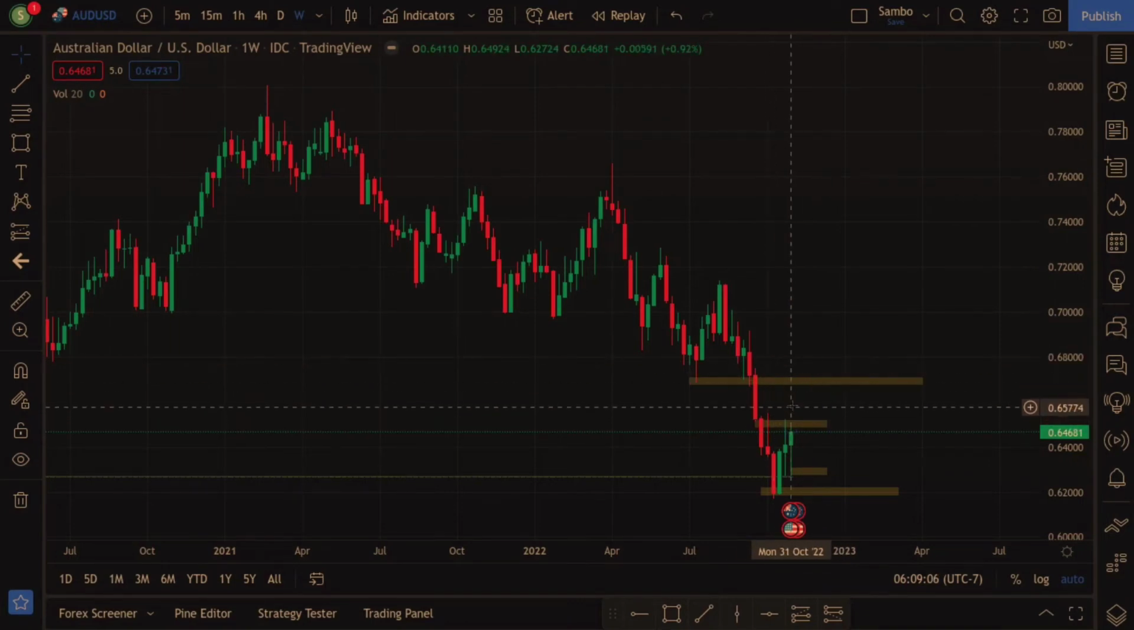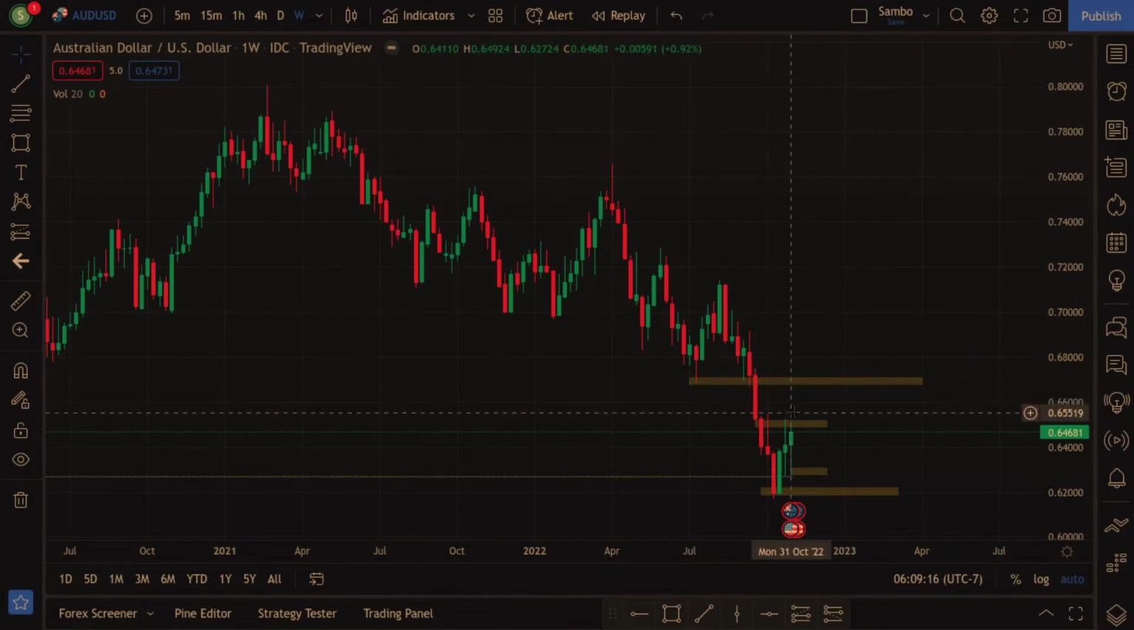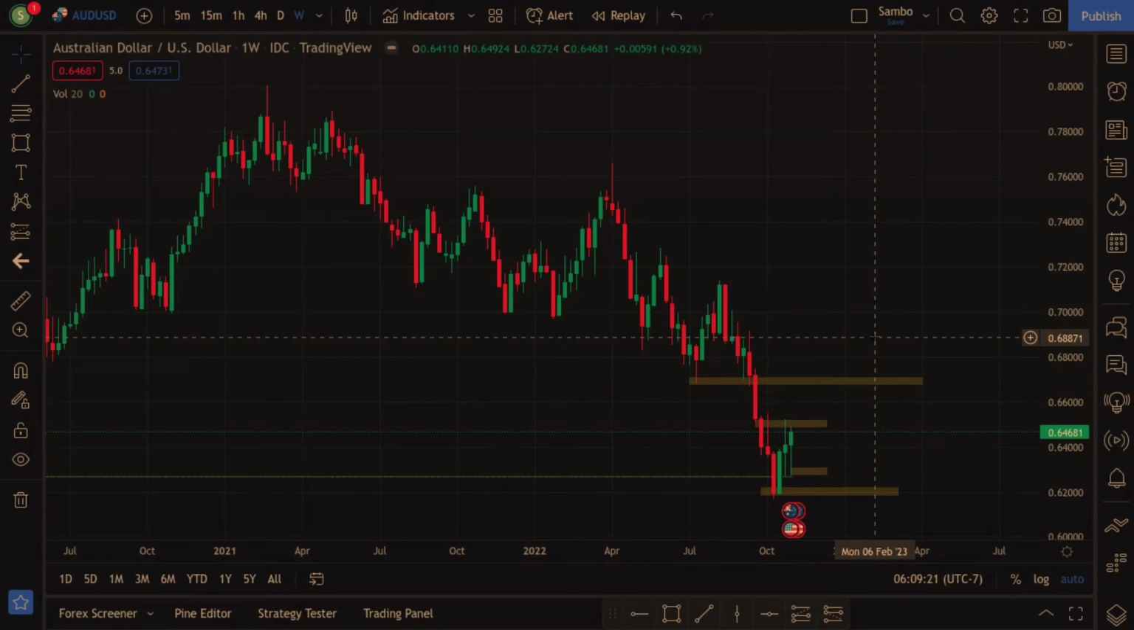I would probably wait for price and say, okay, let's wait until price maybe hits around this level, because we could see a reaction from these guys, and maybe I'll exchange my Aussie dollars to US dollars from there,